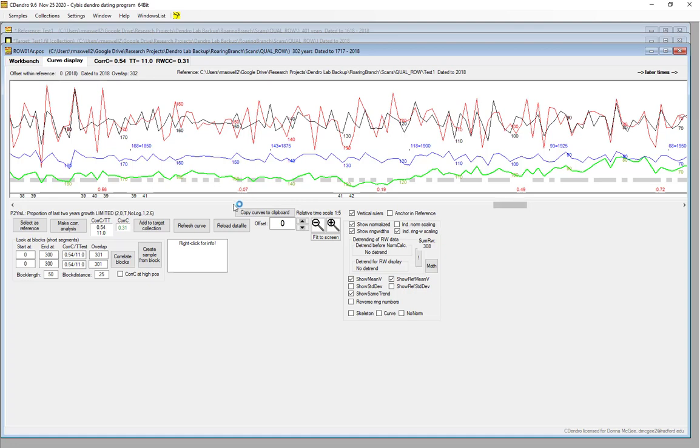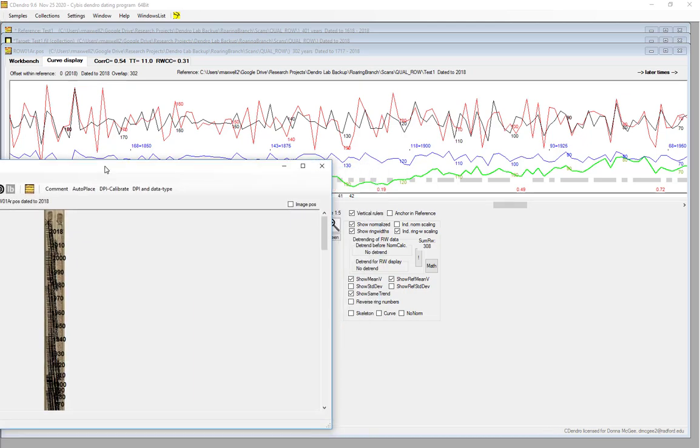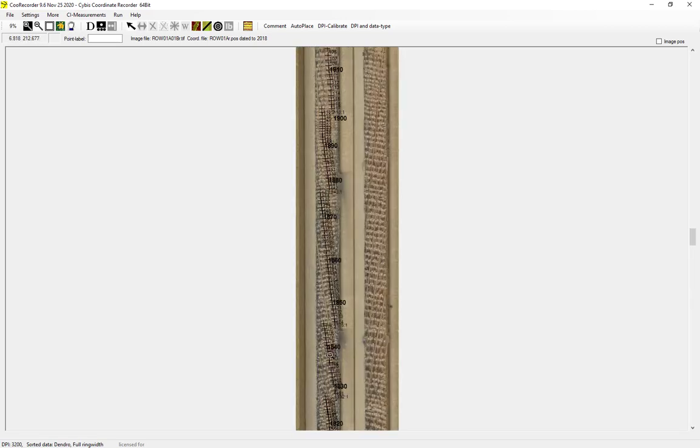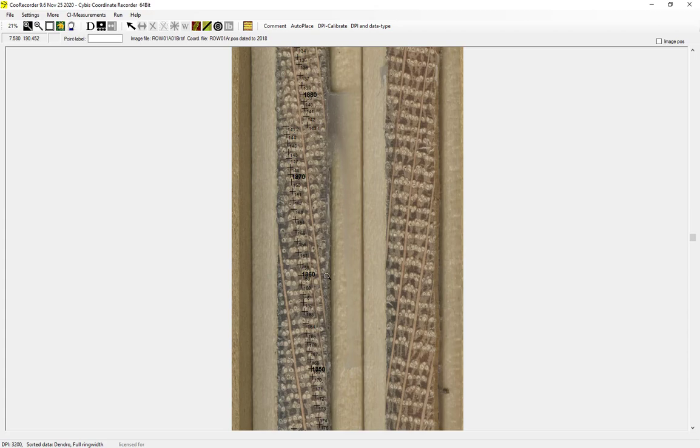Now there's an easy way to transfer from one program to another, and we can inspect that. So I will go up to the top here and click on the kuRecorder button. This is going to open up the kuRecorder program and load up the image. Let me pull that onto this screen. So we can load up that image, and if we wanted to, zoom in to the late 1800s and try to identify what's going on here.